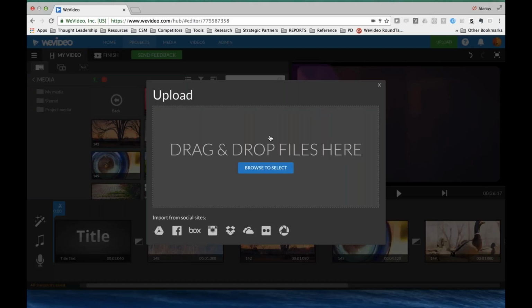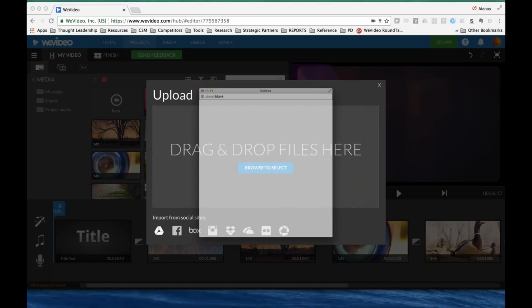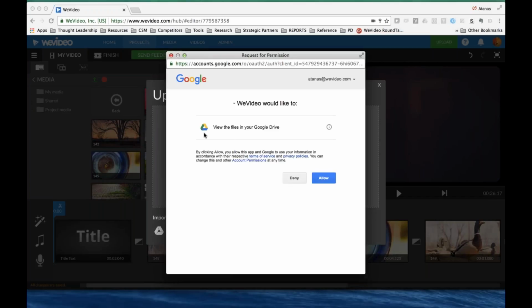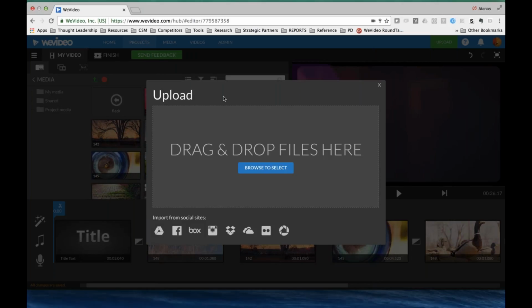So obviously I can drag and drop files or browse my device, but if my photos are in Google Drive, I can link up my account with Google Drive, and you need to give it permission the first time around. And when you allow, you'll see your entire selection, all the folders in Google Drive, and you can simply grab the content.